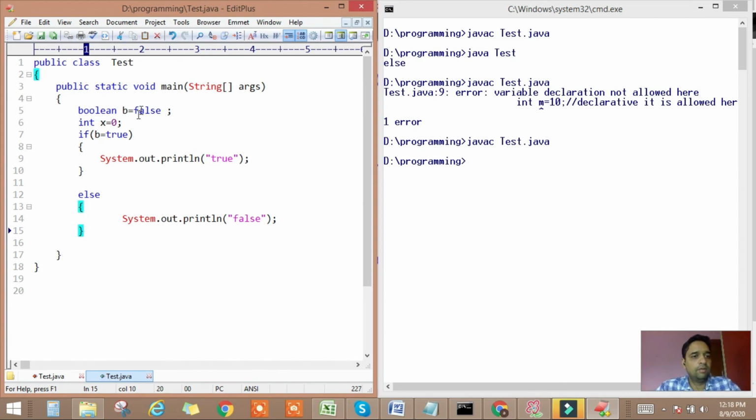Now we have a variable b of which type? Boolean type, and initially b is initialized with the false value. Inside the if condition we have an argument, and the argument is an assignment expression. Here we are assigning the value true to the variable b. That means we are overriding the value of b, so b will be initialized with the true value. That means the if statement is true, and the if block will be executed by the JVM.